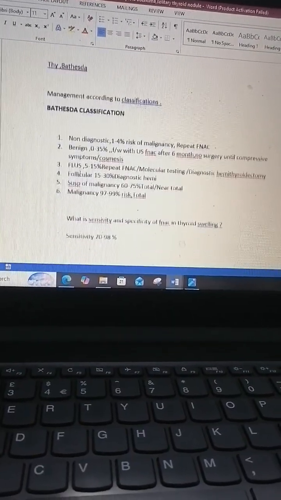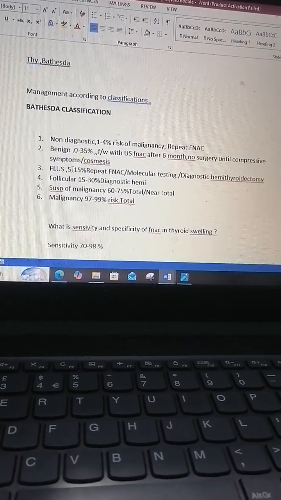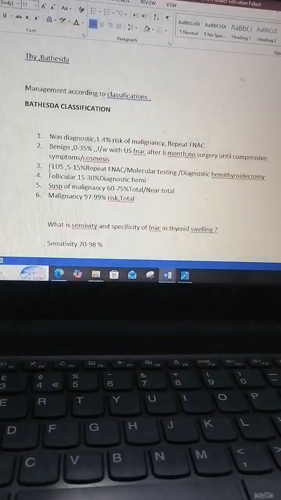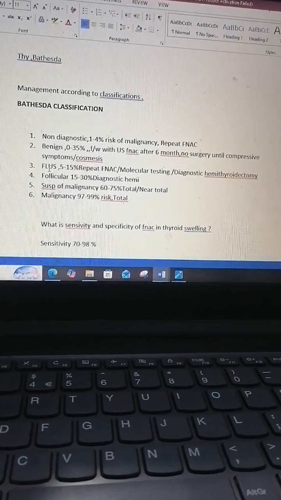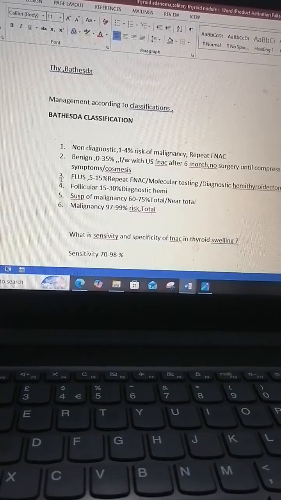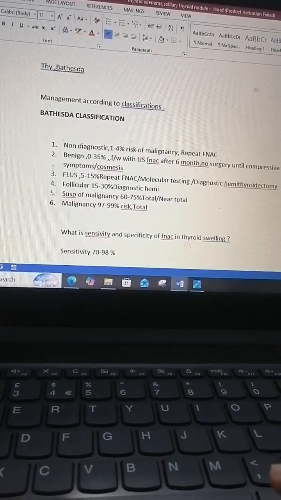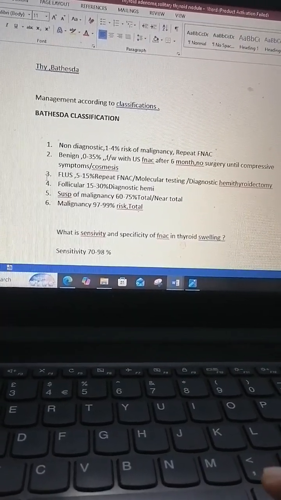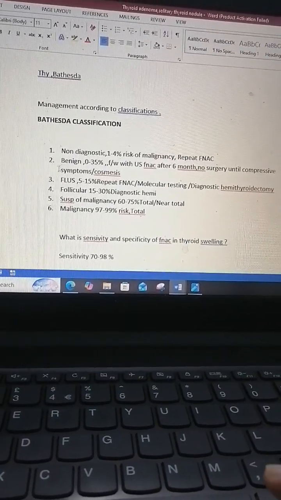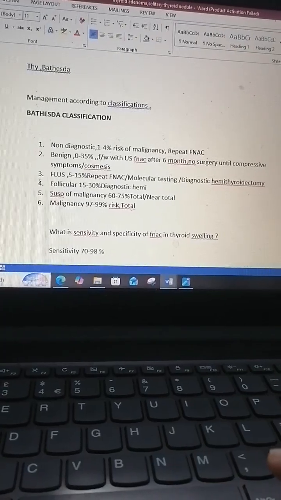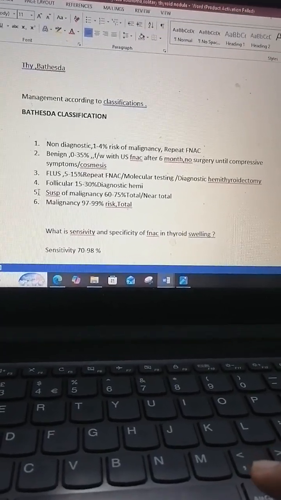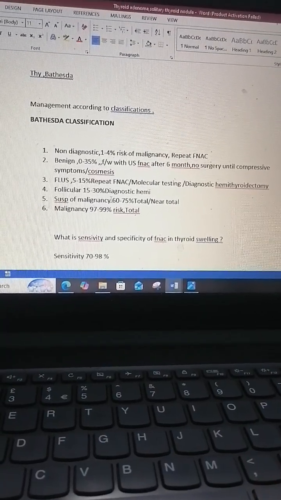In Bethesda, 1 is non-diagnostic, Bethesda 2 is benign, Bethesda 3 is FLUS, which is follicular lesion of unknown significance. Note that in Thy, this subclass does not exist, and this is the main difference of Thy and Bethesda classification. Next is Bethesda 4, which is a follicular lesion, and Bethesda 5 is suspicion of malignancy, and